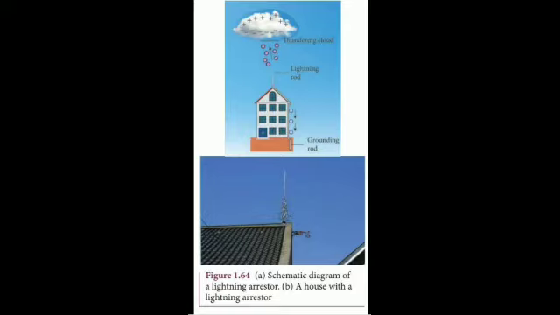When a negatively charged cloud is passing above the building, it induces a positive charge on the spike. Since the induced charge density on the thin sharp spike is large, it results in a corona discharge. This positive charge ionizes the surrounding air, which in turn neutralizes the negative charge in the cloud. So the negative charge pushed to the spike passes through the copper rod and is safely diverted to the earth. So the lightning arrestor does not stop the lightning. Rather, it diverts the lightning to the ground safely.